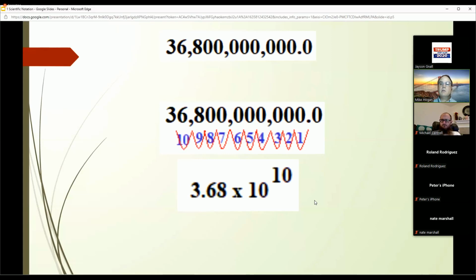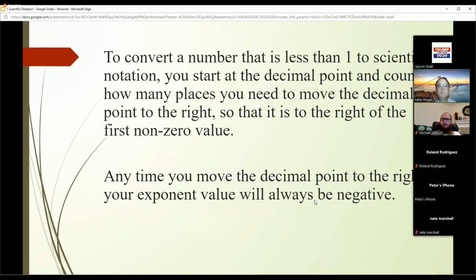Any questions? That's not that hard, right? Pretty straightforward. For sure. Now, if we want to go the other direction, let's say we want to express a very small number. Both of those were large numbers. We want to express a very small number